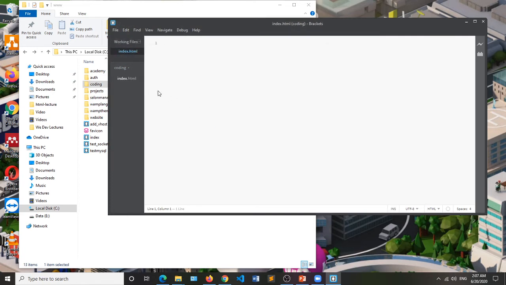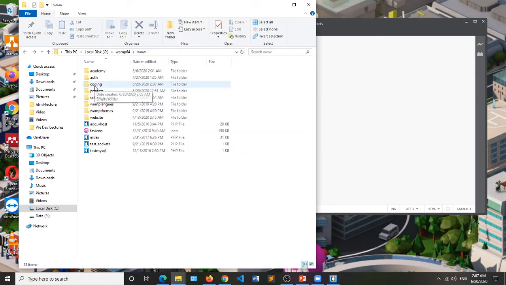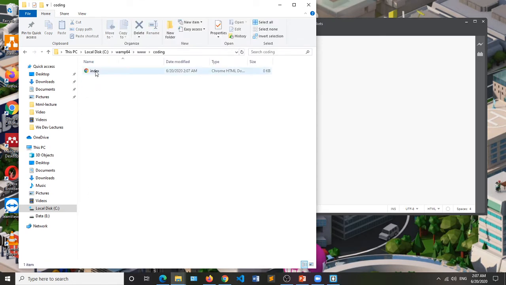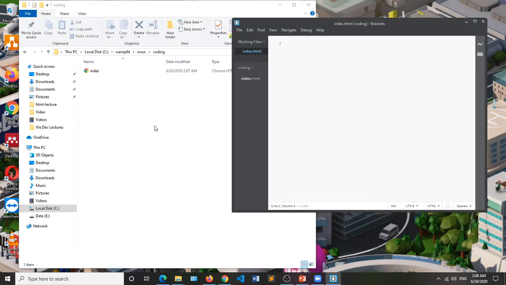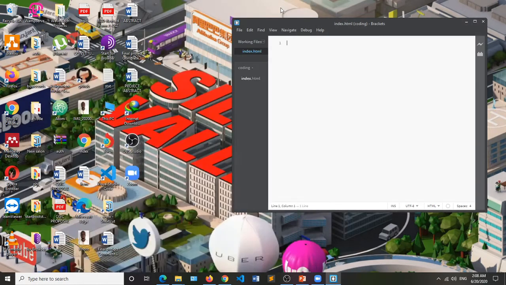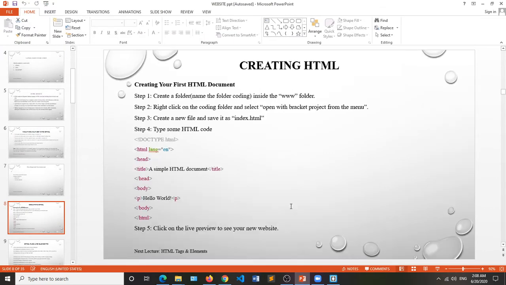You can see we have our index.html in our coding folder. When you come to your coding folder, you can see you now have your index file inside it. Once this is done, you can start writing some code.